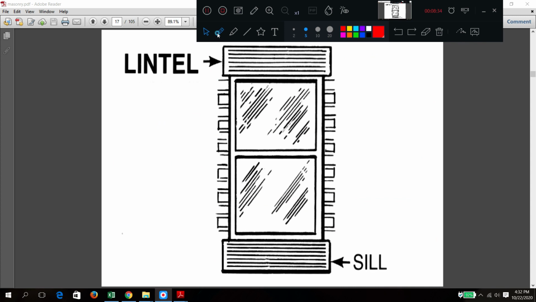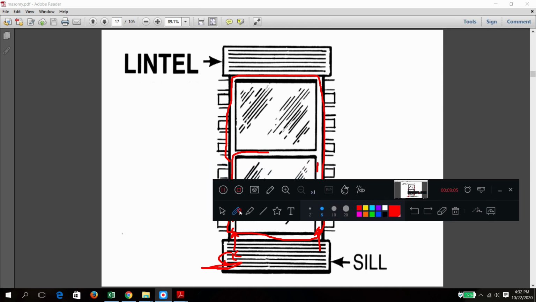This is the sill. This is a wood framework for the door or window, this whole thing. What is happening? The sill masonry portion is supporting the vertical members of the door frame or window frame, both ways it is possible. Whereas this lintel portion is supporting the masonry coming on the top, maybe the wall is there.